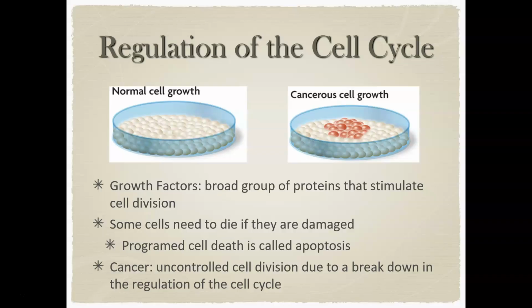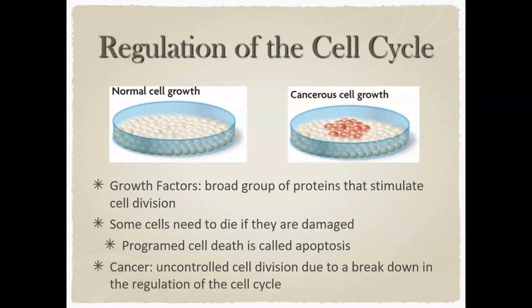The problem is that there are definitely mutations that occur, definitely cells that get past those checkpoints even when they shouldn't. Part of what decides molecularly whether or not those cells are allowed to go through those checkpoints are things like growth factors. These are big protein groups, categories, that your cells will slowly build up a level of as they go through the stages of the cell cycle. And that's what stimulates the next phase in the cycle itself.